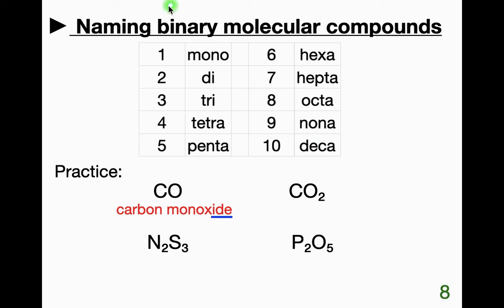And I forgot to point out, binary molecular means just 2 atoms. You can have molecules, certainly, with more than 2, but the naming gets a lot more complex, and is mostly going into organic chemistry, which will be our last unit. But right now we're just interested in naming binary molecular compounds, compounds that are made up of just 2 different atoms. Okay, the second one is carbon dioxide,